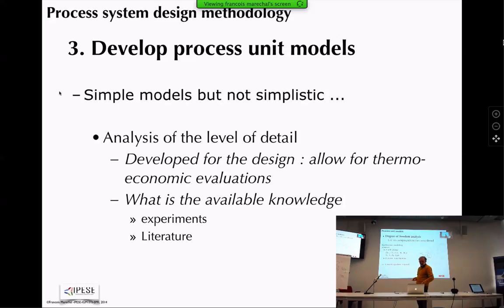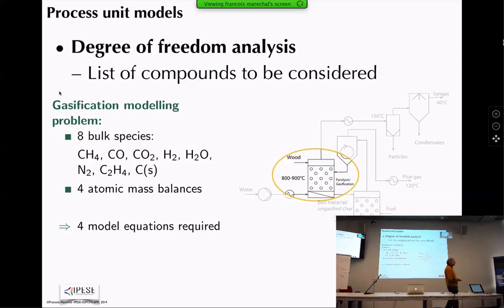So which means that we have first to look at the degree, when we have to develop the model, so we declare the level of detail that you want to reach, and then from there you will define the degrees of freedom that you have, and the degrees of freedom will be based on the one hand on what we want to model. So you have learned degrees of freedom as being related to the number of compounds, and of course if you want to go into the details of the gasification with all the composition of tars